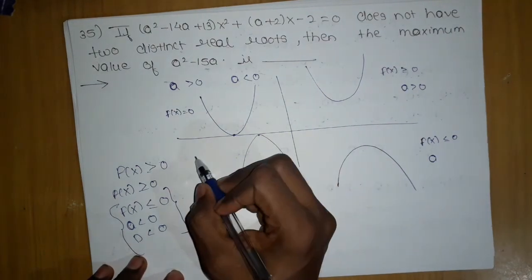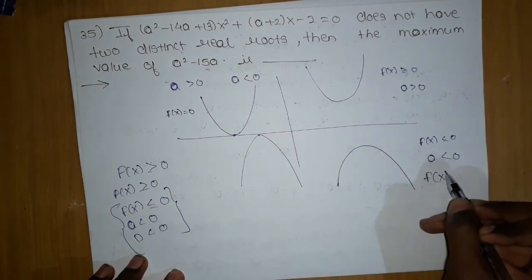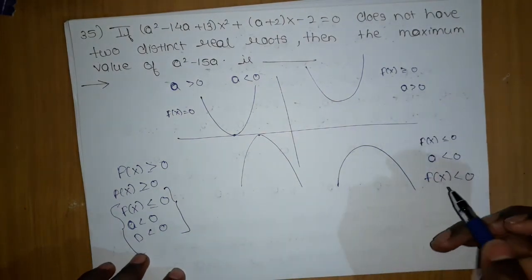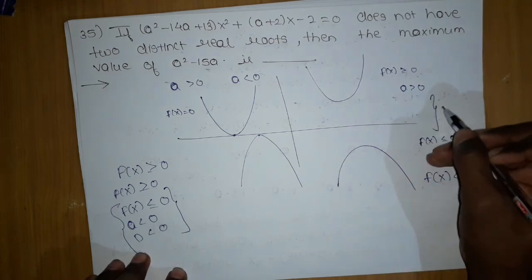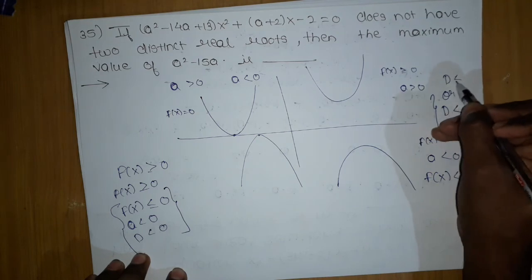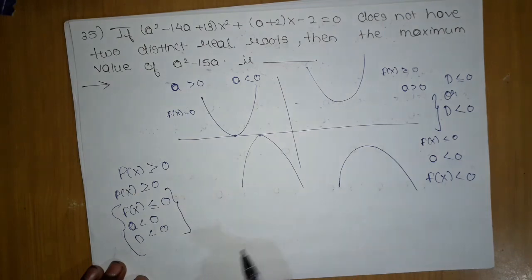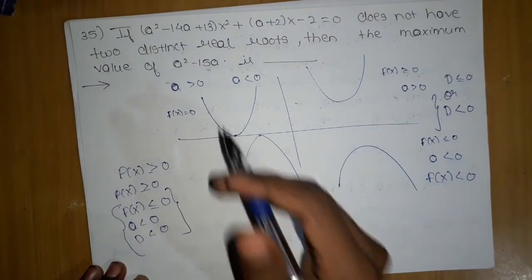Okay, so here in this one a is less than 0, and in this one f of x is less than 0. It's just the same in both of these. Just remember, in both of these D is less than 0 or D is less than or equal to 0, although it only depends on a. a is the differentiating factor. Now, how can we predict which one is correct?